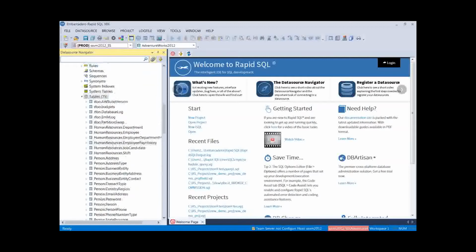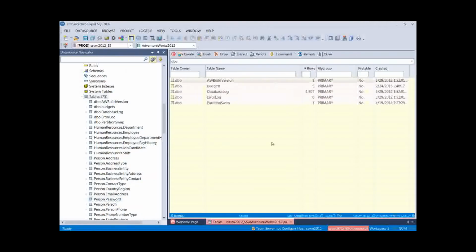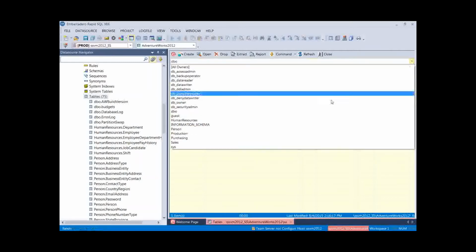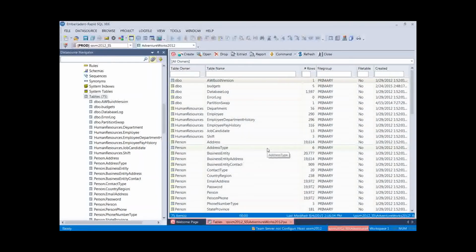The other method of viewing objects would be to look at the browse function. And here, browse, we can go to browse tables. And here are my tables. So let's take a look here. We can see the tables listed. We can drop the owners list down. And here we're selected as DBO. I can select all owners. And I quickly view all of the owners in every table or every object. So in this case,